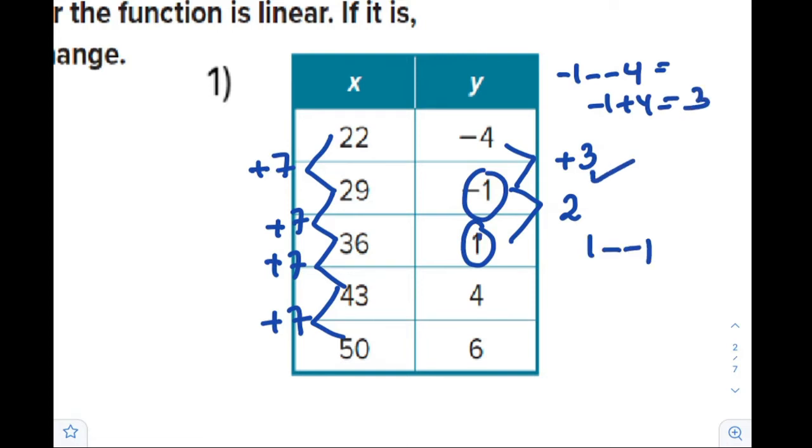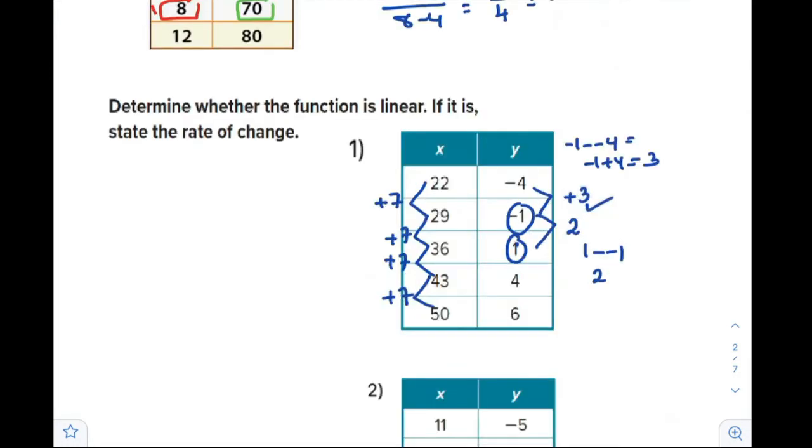The second one: 1 minus minus 1, the last minus the first, which is 1 plus 1, which is 2. I will stop here. No need to check. There's no need to complete the checking fully. So I will stop here and I will notice that the constant change in x does not correspond to constant